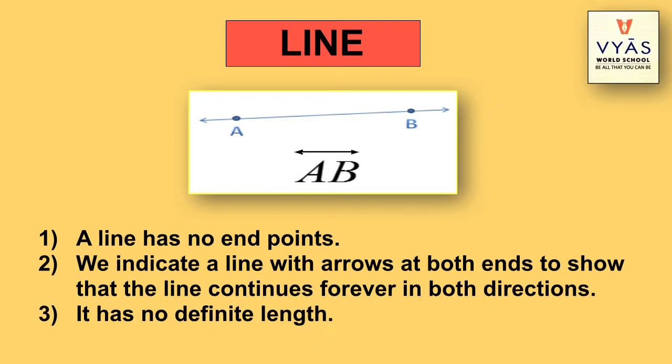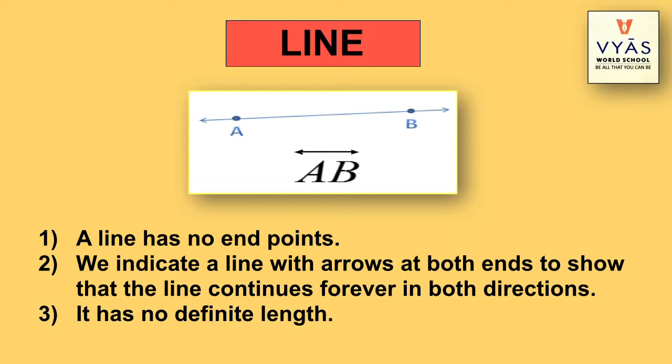Okay children, now it's time to know about a line. Just go back to the days when you were in the kindergarten classes, when you started writing. So how did you start writing? Your parents or your teachers used to put a few dots, and by joining those dots you started making the sleeping and the standing lines. So what is a line? A line is formed when an infinite number of points are joined.